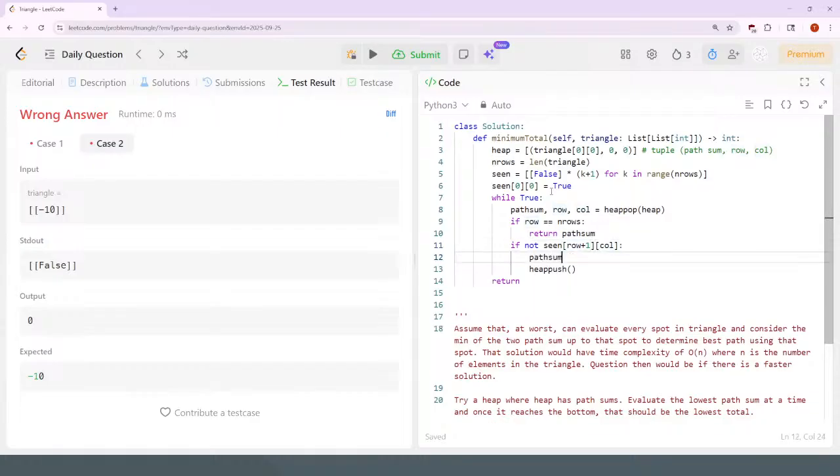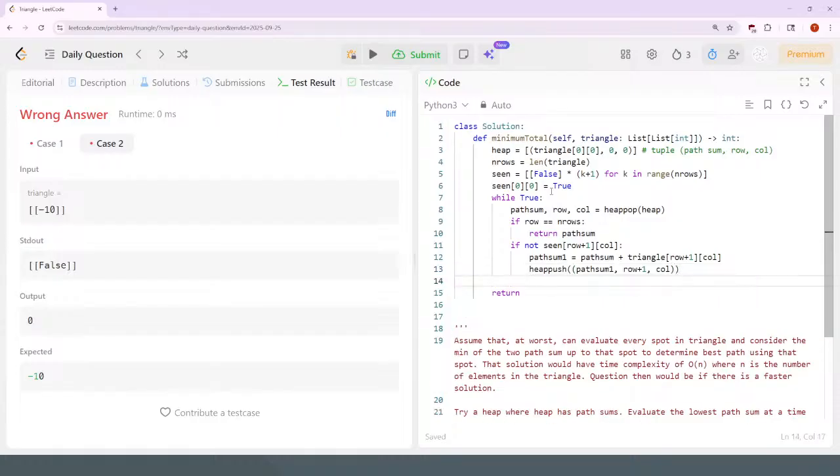The path sum to that spot would be equal to the current path sum plus whatever spot that is. So triangle at the row plus 1, column. So heap push path sum 1, row plus 1, column. Heap push has two parameters, the heap and then the tuple or the value you want to push. And then